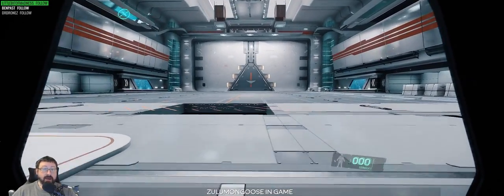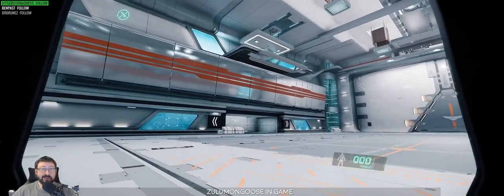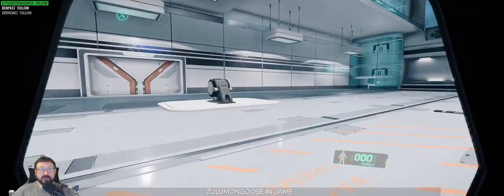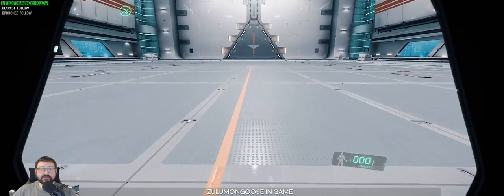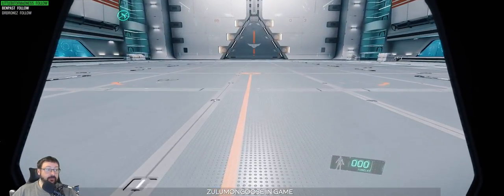So depending on the type of package you get and the upgrade you get, this is your hangar. This is an upgraded hangar for myself. And what you can do in here is look at